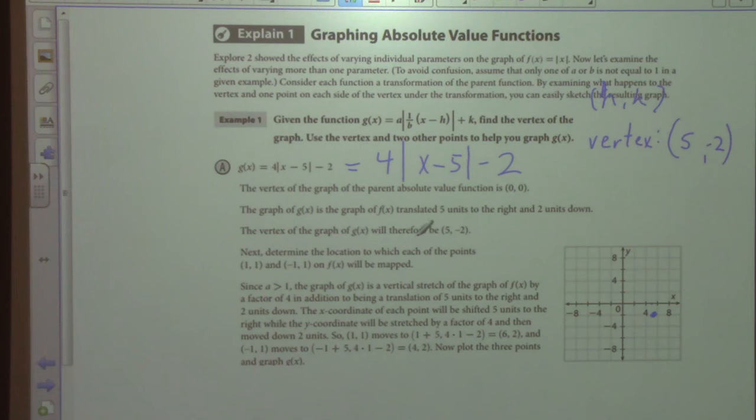Okay, and then what else do we have to concern ourselves with? This 4, right? So what are we doing with that 4? Vertically, who said vertically stretching? Haley, okay, good job, Haley. Yeah, vertical stretch by a factor of 4. So we can go up 4, and since we have the grids by 2, I'll just use these grids. So 1, 2, 3, 4, and over 1. So it's quite a steep